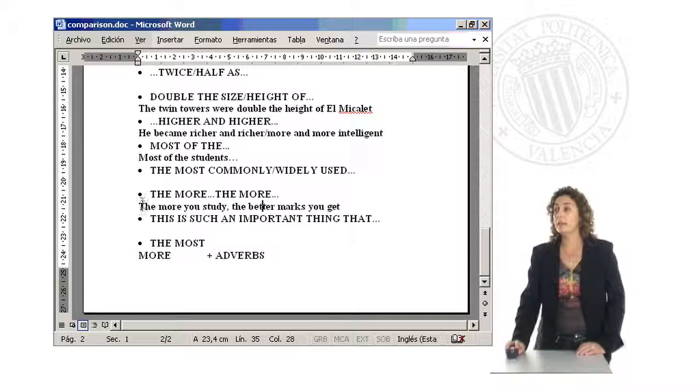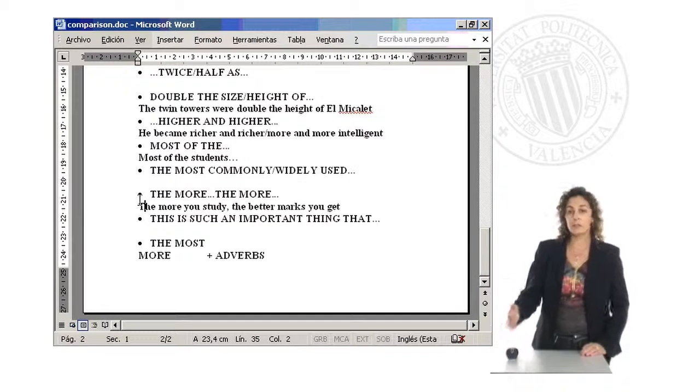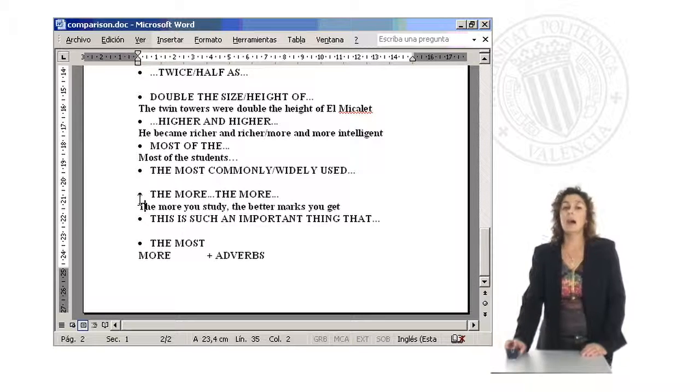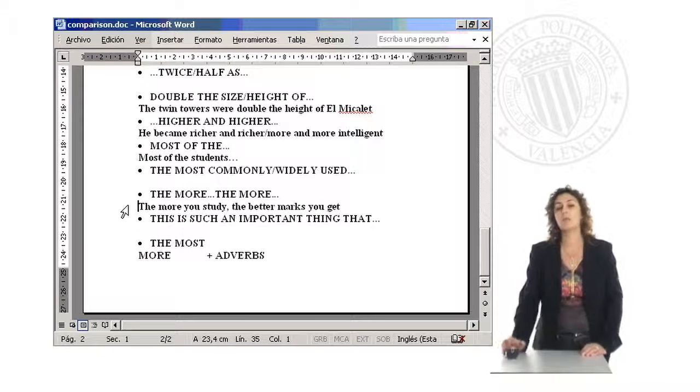Then here you can see an example. The more you study, the better marks you get. That means the bigger the effort, the better, right? And as you can see, this is the way of saying this in English, and the direct translation is not possible in Spanish, right? Okay, another comparative structure is, this is such an important thing that,